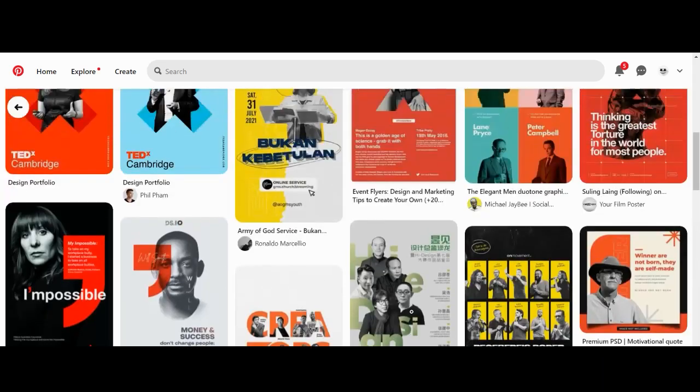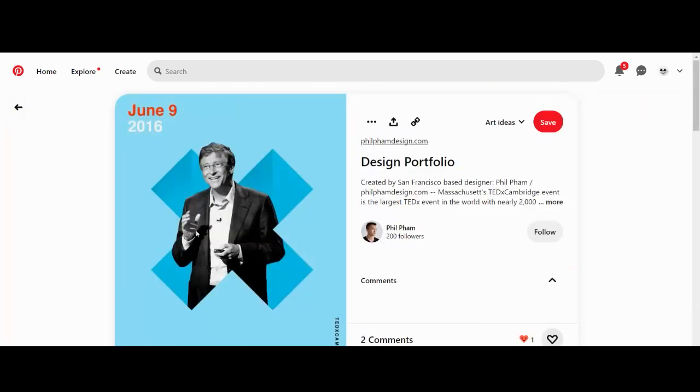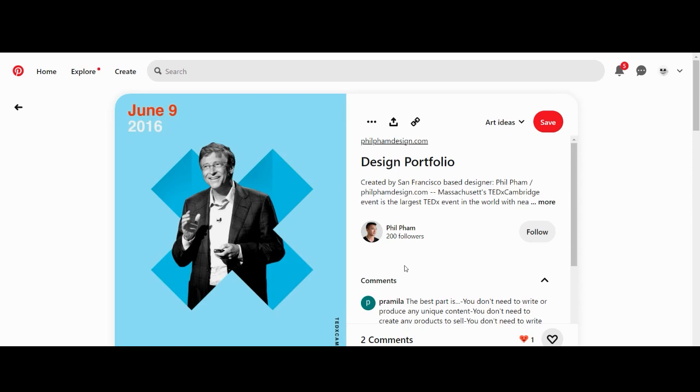I was scrolling through Pinterest and I came across this image which made me wonder, would I be able to recreate this? But to answer that, we must first understand the thought process behind the design, right? And the best way to do this is to recreate this using papers. And I think by the end of this video, you would be able to learn what layers and masking mean.